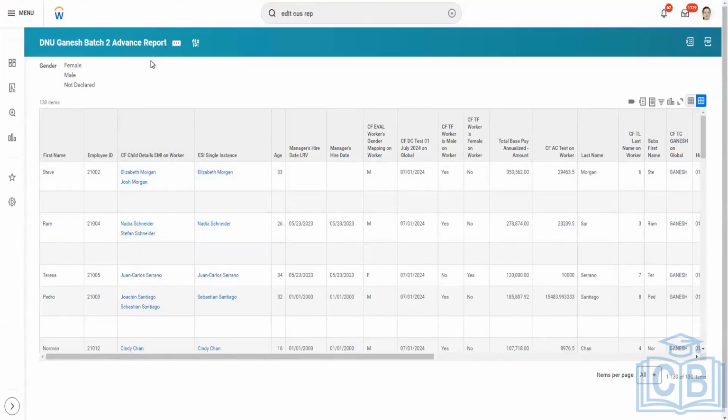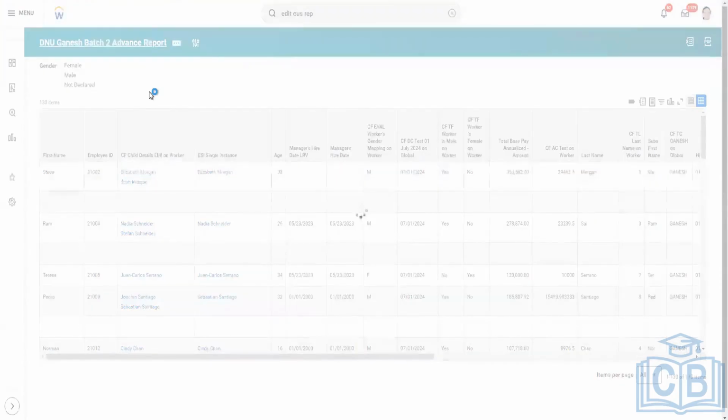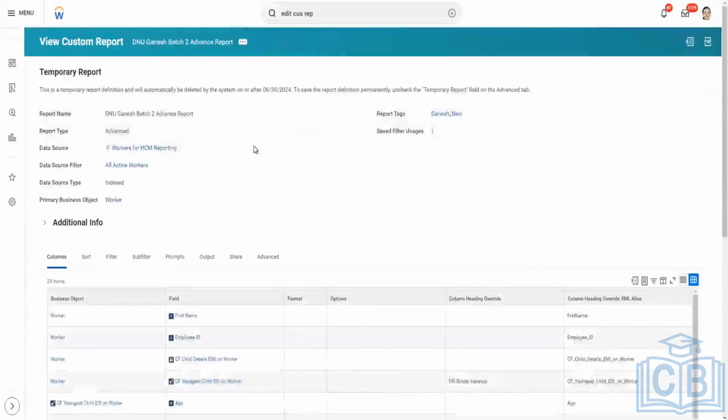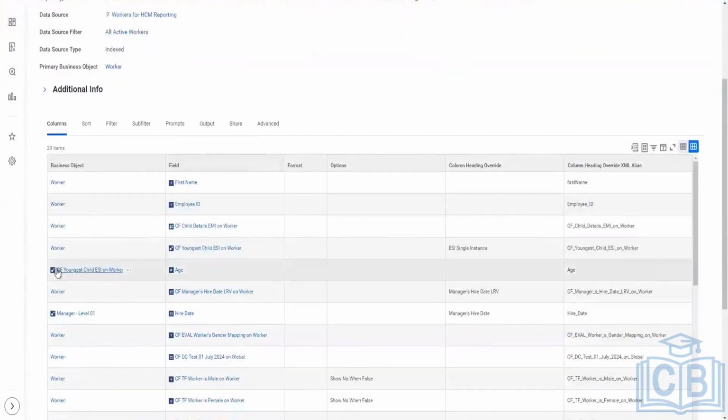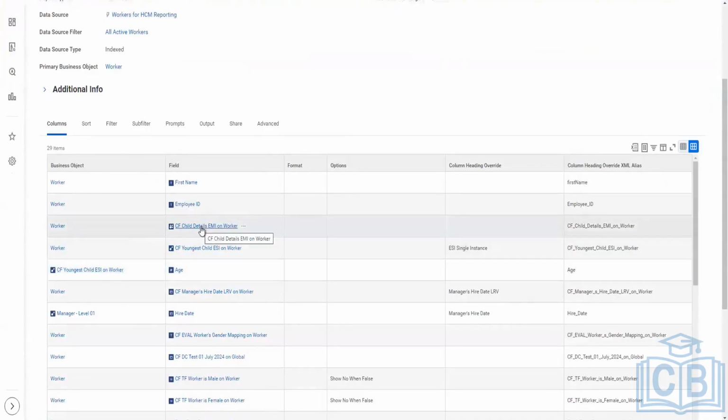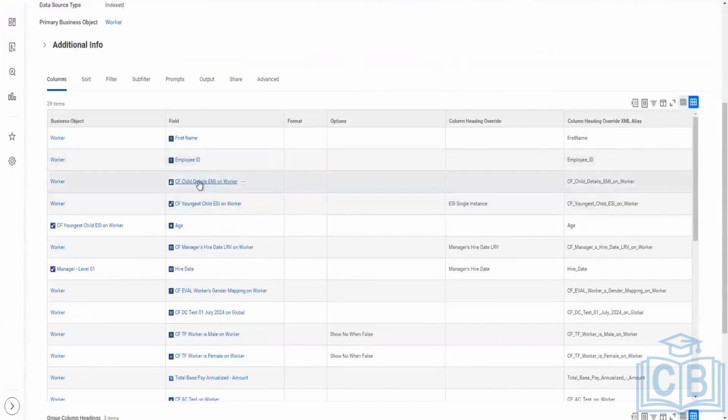Now we know this. Let me open this report first. Basically, in a lookup related value, whatever you create as an extract single instance field, you will be able to use that field. But if you create this multi-instance field, you won't be able to use that. Now if you need to extract, for example, there are multiple child details, right? There are multiple instances we have extracted. Now, if you want to get the names and ages of all those children in separate columns,